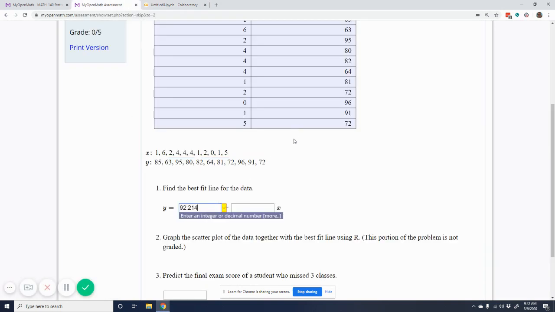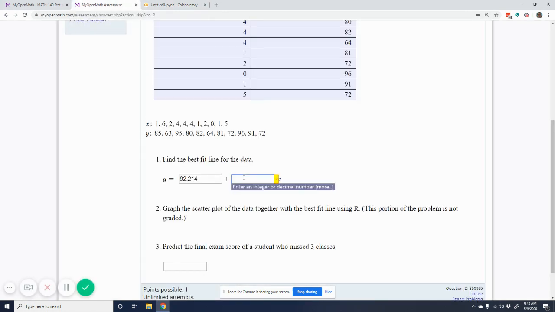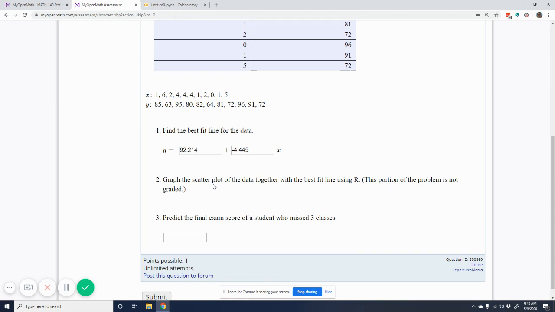So Y equals the Y value of my Y-intercept, 92.214, plus the slope is negative 4.445. Notice that you need to copy the negative with the number. Since there's a plus right here, if there is a sign change, we need to make sure we mention that. Okay? All right, now that we've got that in,